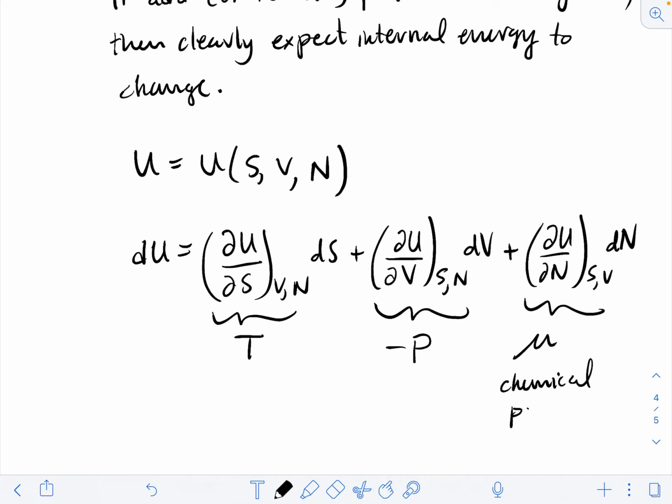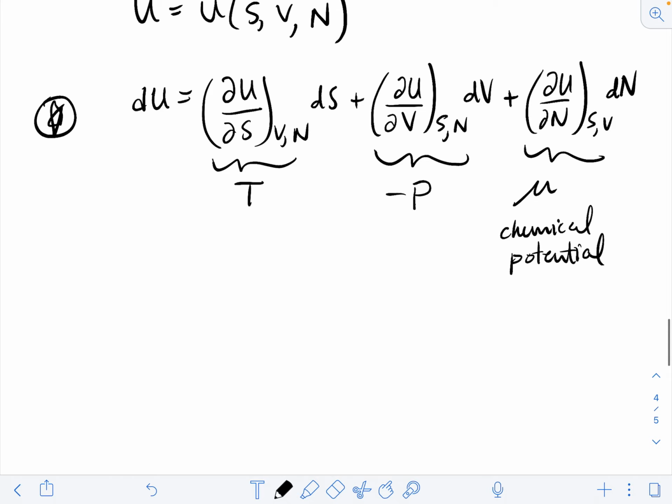I'm going to call this equation star. Okay. And so written in terms of these variables, we have that dU is equal to TdS minus PdV plus mu